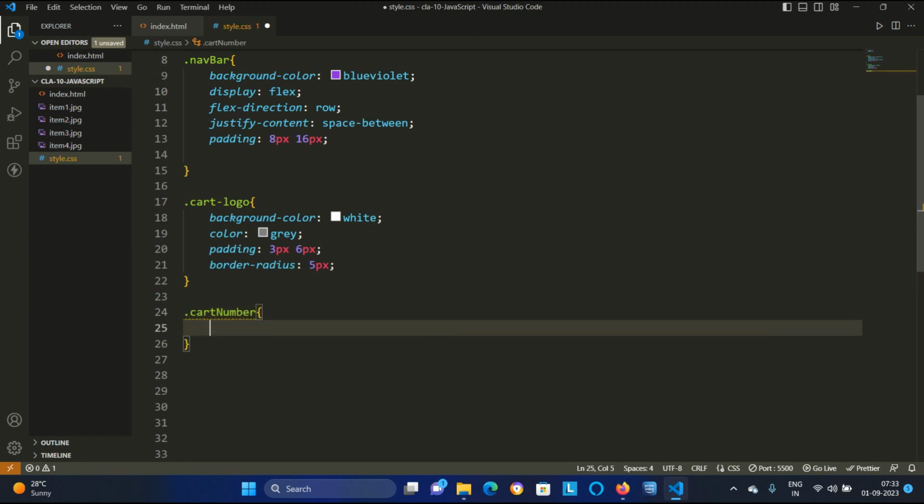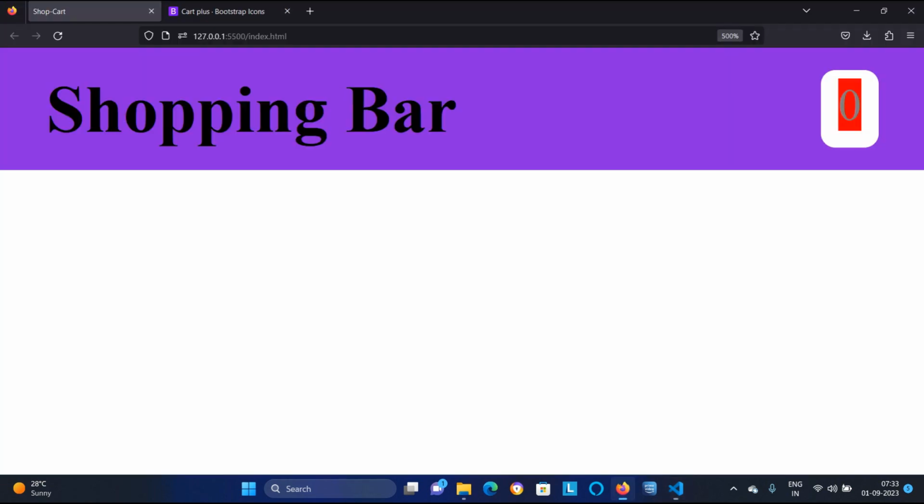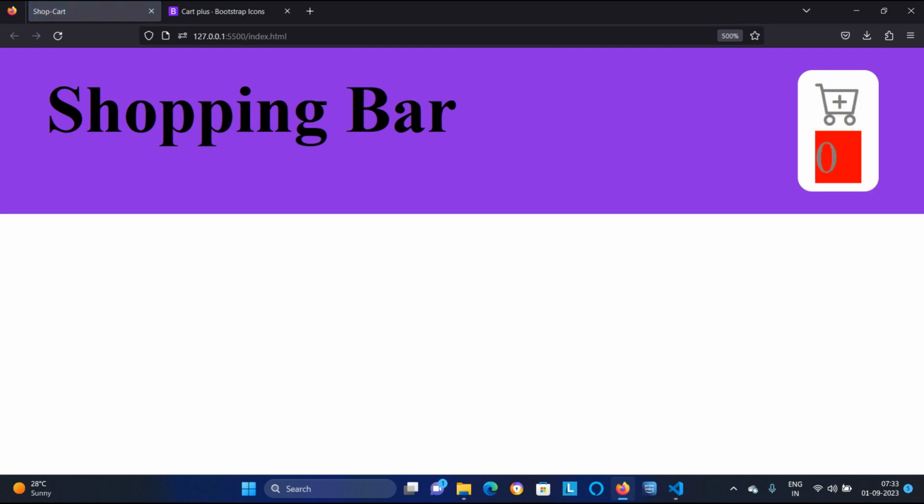So that class cart number, to that div, first of all I am saying a background color, BGC, hit enter, background color red, just Control S and go back. So if you refresh it, you are looking that the background is coming in red color.